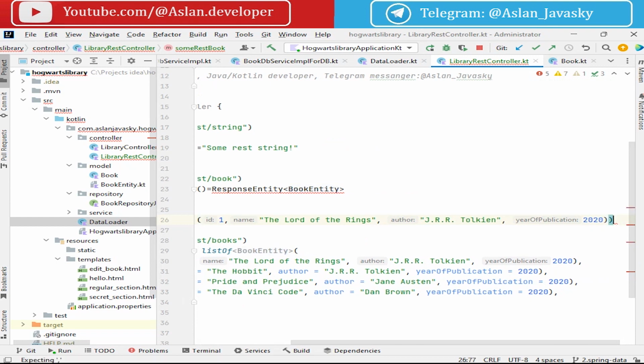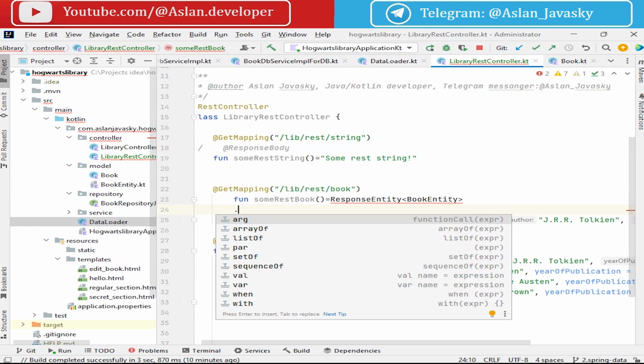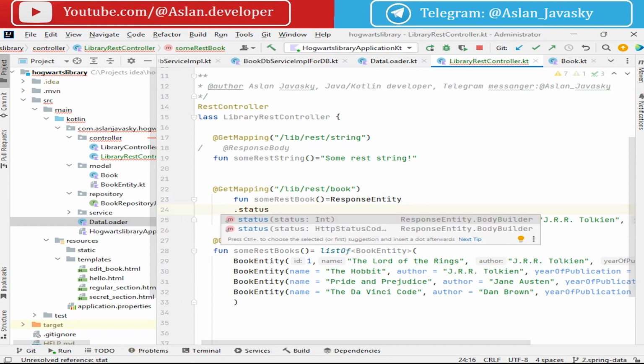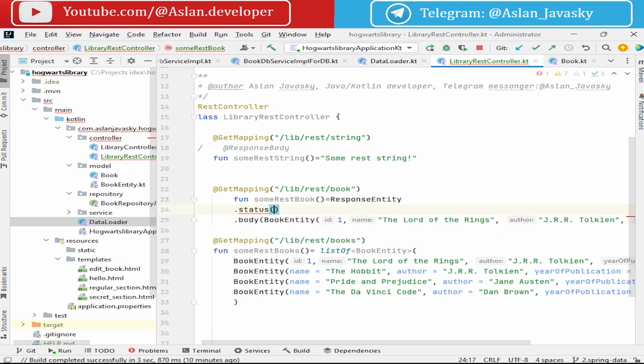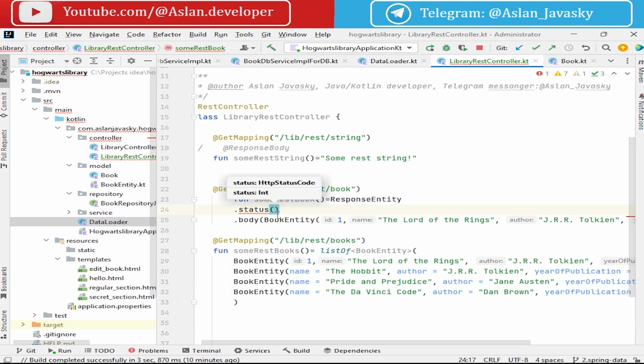The body looks like this. And instead of body, let's delete generic response entity, status, yes, and you can stay the HTTP status 20 or use some other status,